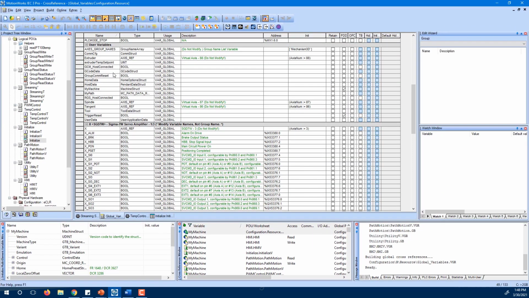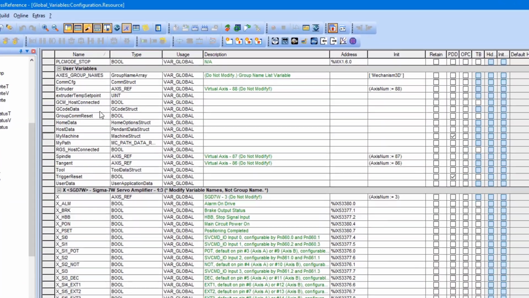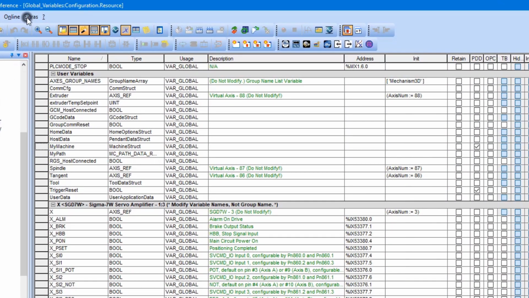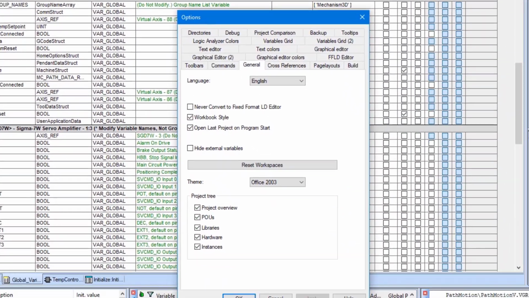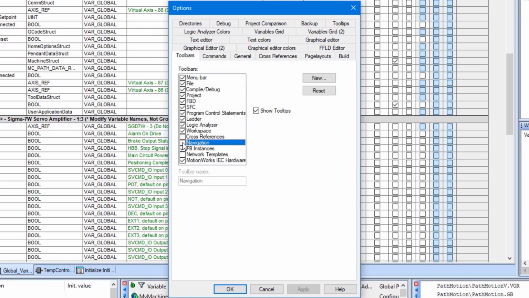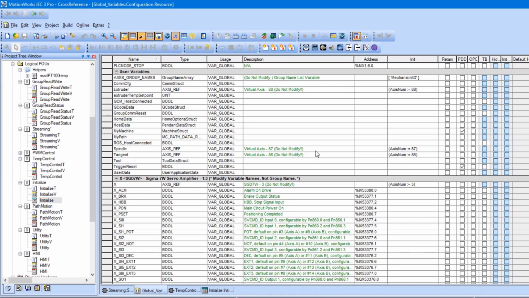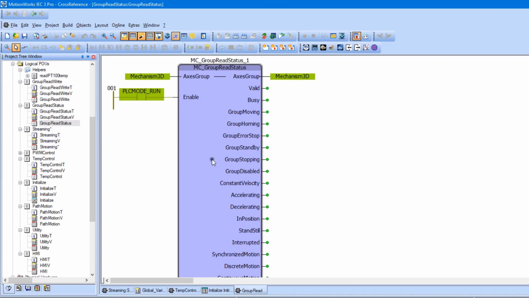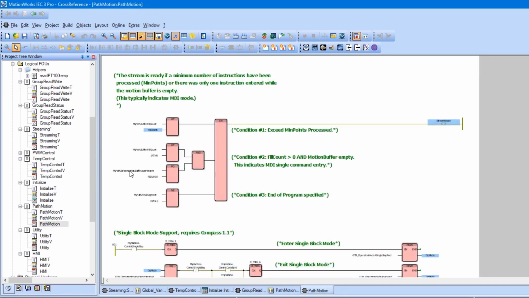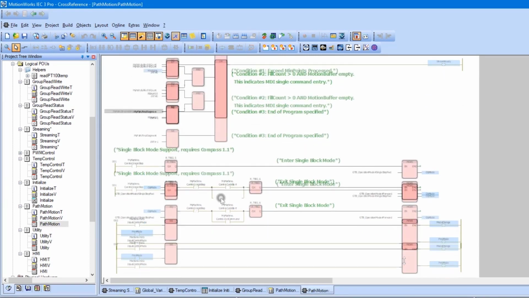Another navigation tool available is the Trace and Retrace feature, which can be enabled under the Options menu in the Toolbar tab by selecting Navigation. This feature allows the user to track where they have been throughout the program. For instance, I can go into different POUs and click on either function blocks or outputs. I go in here, grab this variable,